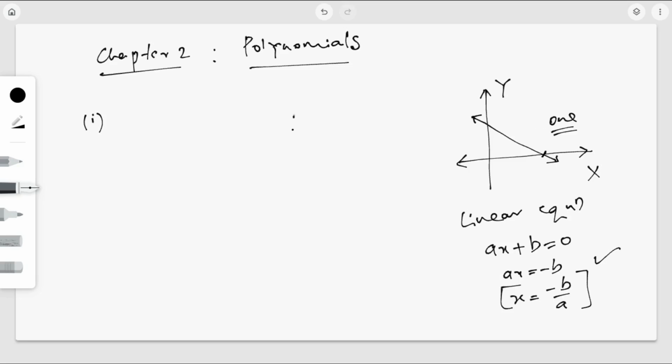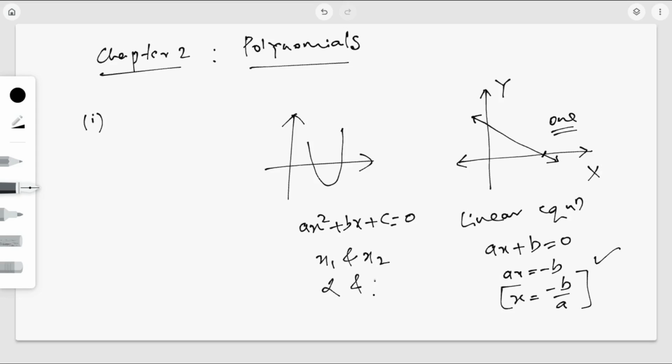So when it comes to the quadratic equation, the nature of the graph of the quadratic equation, which is of the general form ax square plus bx plus c is equal to 0. So here you know this one, right? For a quadratic equation, the number of solutions, or number of roots or number of zeros, will be 2. That is x1 and then x2, or you can say alpha and beta. So if there are two solutions, then definitely this graph, which is a graphical representation of a quadratic equation, will intersect the x axis at 2 points. So this is my x1 and then x2. I hope you guys are comfortable with the concept.